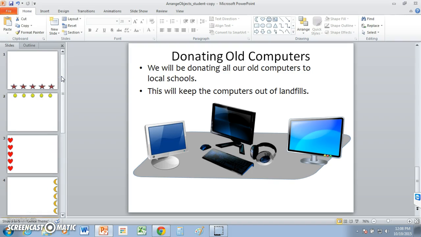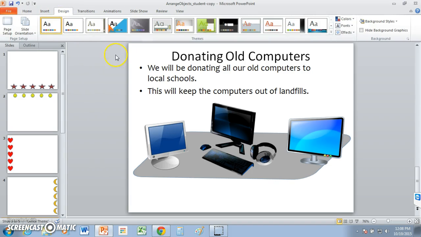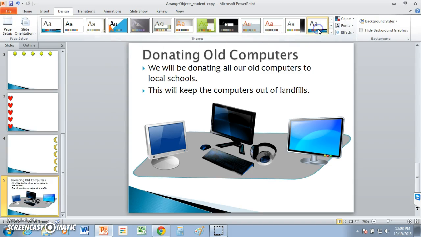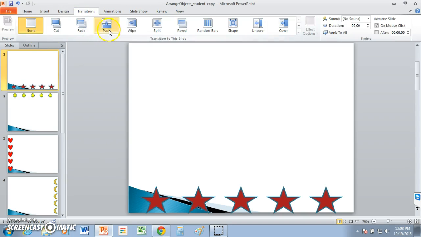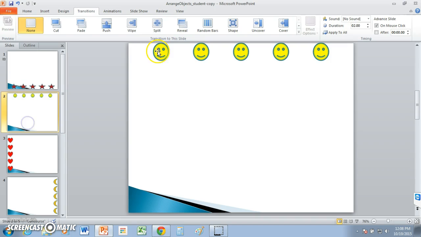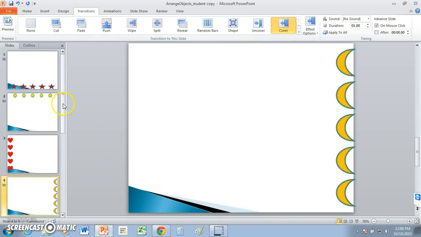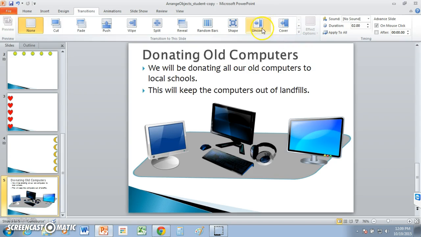One more thing you need to do is, once again, continue to get in the habit. Go ahead and give this a theme of some sort. Pick whatever theme you want. And I also want you to put slide transitions for every slide. You can pick whichever transitions you want. Okay, and make sure you test out your presentation